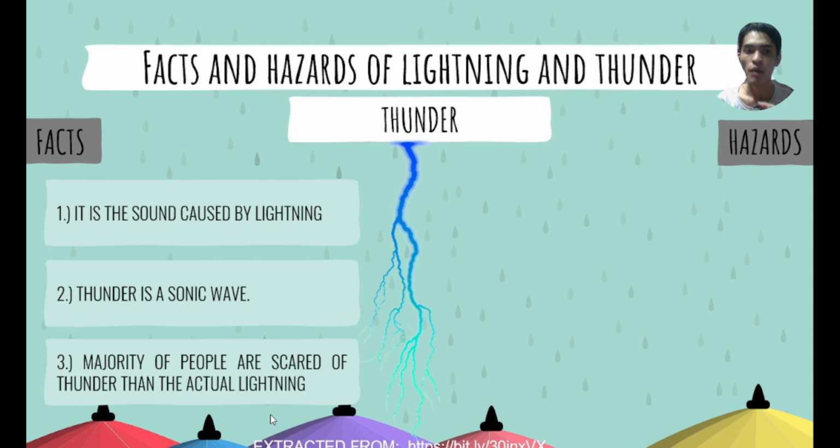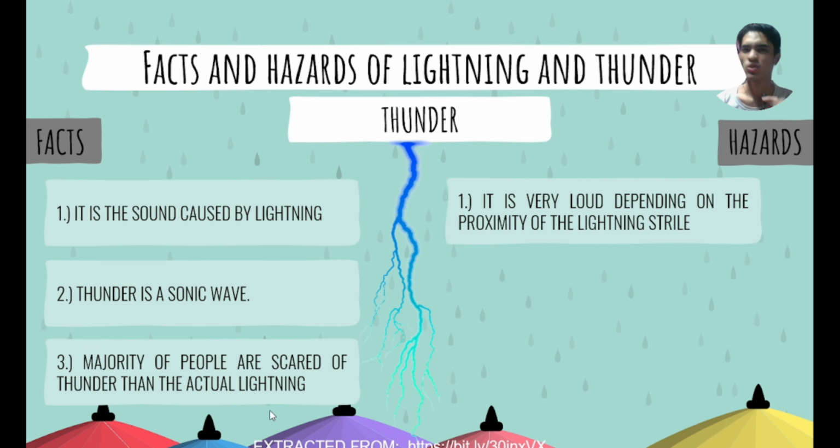And actually, the majority of people are more scared of thunder than the actual lightning. It is maybe because the sound of thunder is more stimulating than the light itself, since the sound of thunder can be anything from a loud crack to a low rumble. The closer you are to the thunder strike, the faster and louder the thunder becomes, so it is more stimulating, therefore affecting our psychological process.